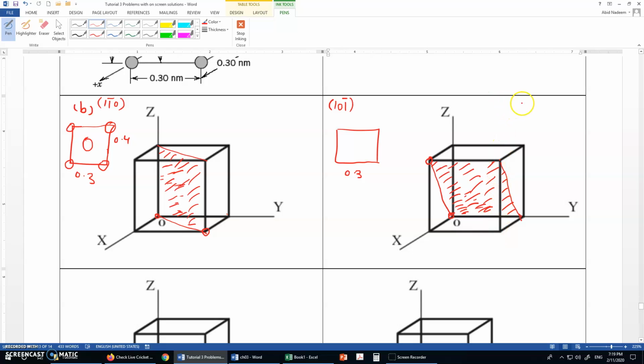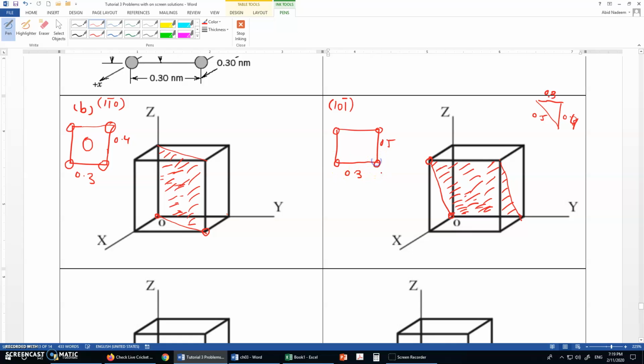If it is like a triangle like this, 0.3 is here, 0.4 is here, 0.3 is here, so this dimension will be 0.5. And then there is one atom here, one atom here,